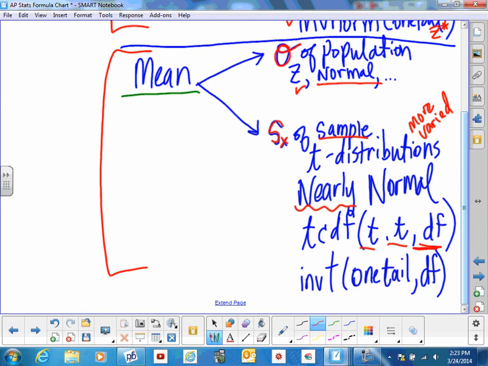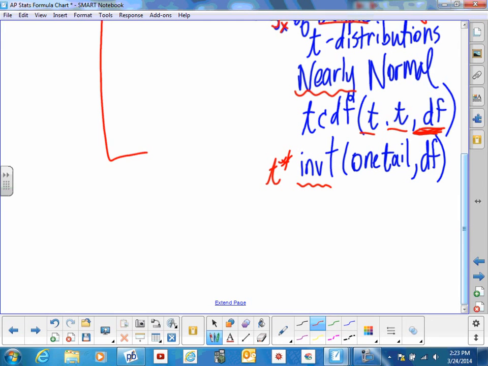And again, what's this degrees of freedom important for? Notating which curve, which t-curve to compute off of. Okay. And then, of course, to get a critical value, you're doing inverse t of one tail comma degrees of freedom. Okay. All right, so with all of that being said, now let me show you the formulas